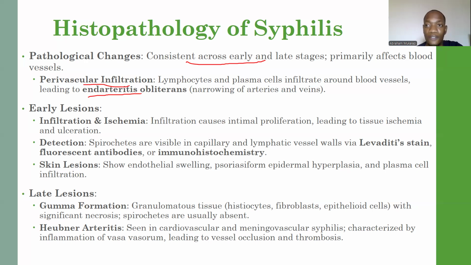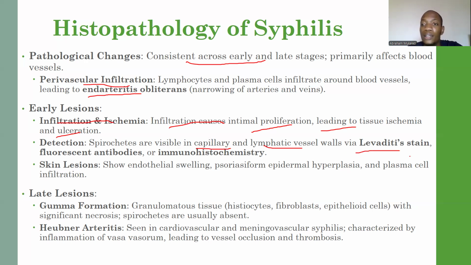In this case, you have inflammation. When you have inflammation, blood vessels heal by scarring, forming scar tissue. So you'll end up having thinning or narrowing of blood vessels as the manifestation. In early lesions, you'll have infiltration first and then ischemia. The infiltration will cause endothelial proliferation leading to tissue ischemia and ulceration. And in this case, you will be able to detect the spirochetes within the capillary or even the lymphatic vessels